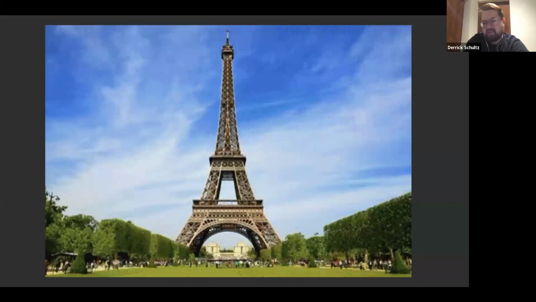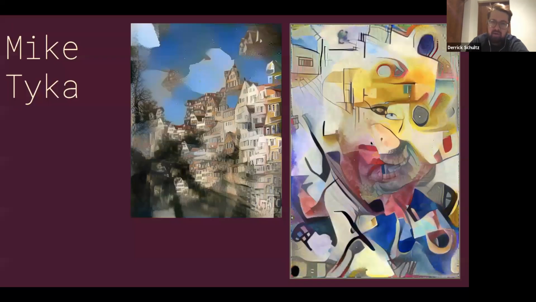They're like, everyone's sort of seen this work. But I do think there's ways to do StyleTransfer that are really interesting and really artistic, and I want to show some of that work now. Mike Tyka is another guy who you might want to look up if you're really interested in machine learning. He is one of the people that invented Deep Dream, which I will not talk about here as much, but you can look it up and you'll probably recognize it immediately. He was at Google when they invented Deep Dream.